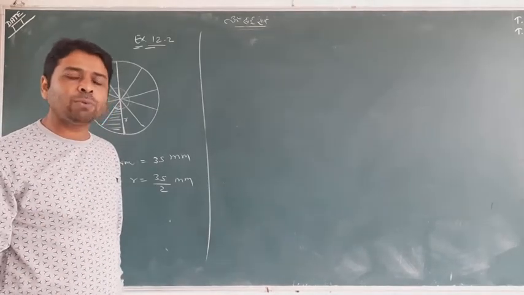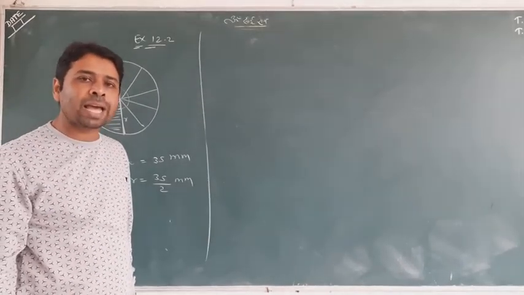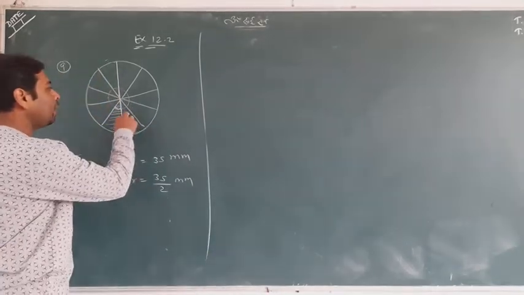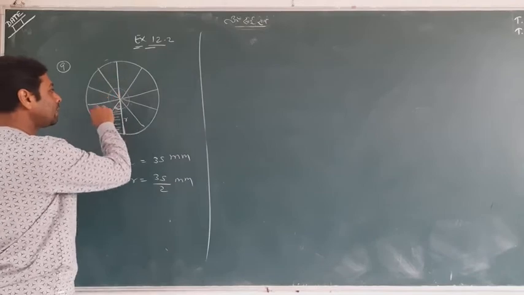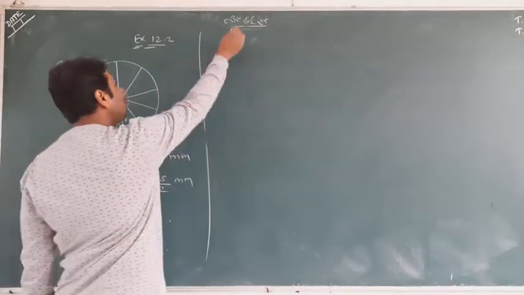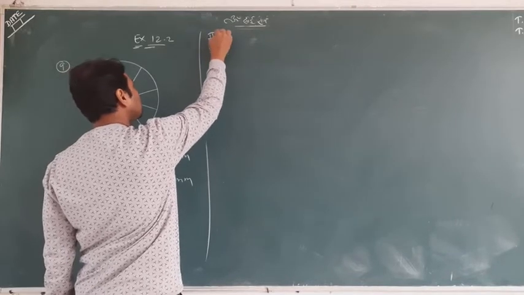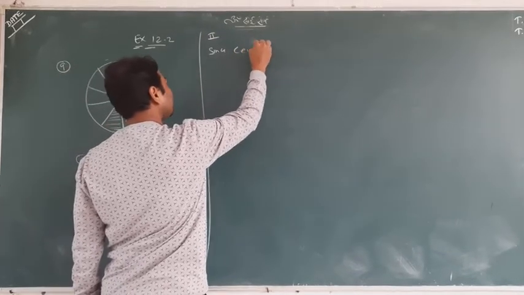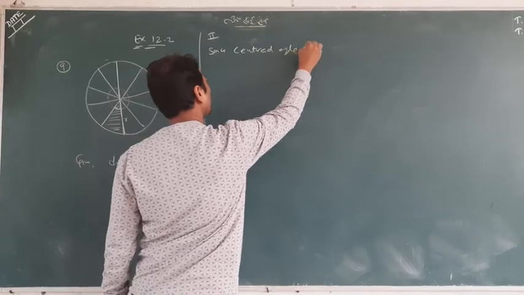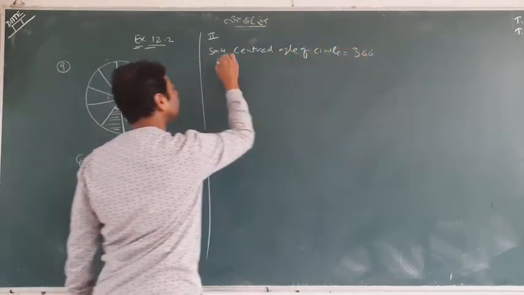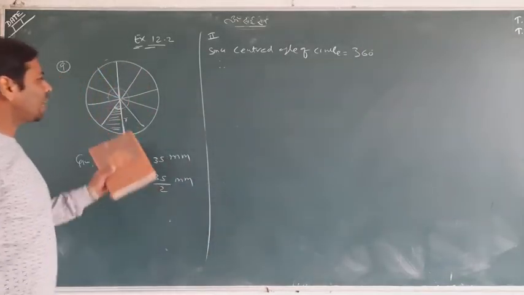One can easily find the central angle for one sector; you just have to divide 360 by 10. So I write here: since the central angle of the circle is equal to 360 degrees, and we know that we have 10 equal sectors,